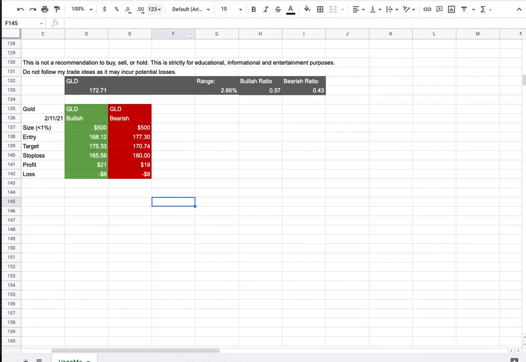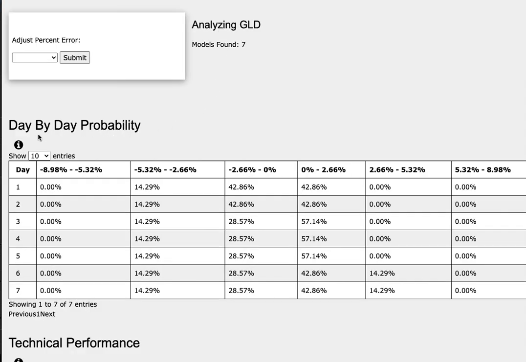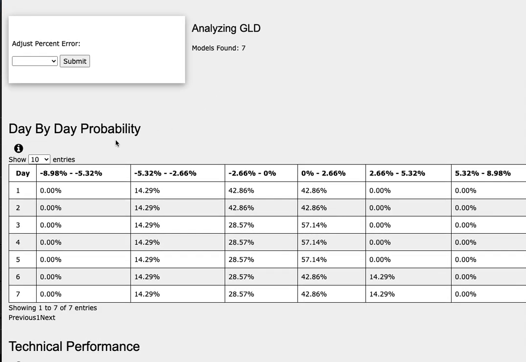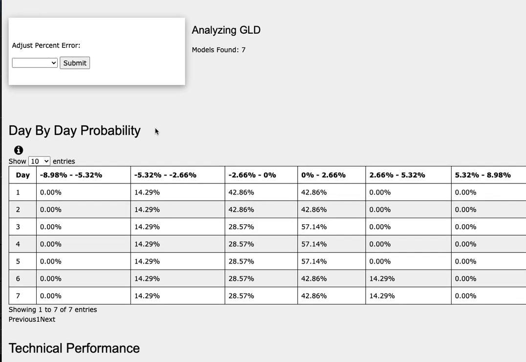So how did I develop these trade ideas? It all comes from the day-by-day probability model, which is available in the link below, so do check it out. As we progress to the 5th day or week of trading, we have a 57% chance for gold futures to climb between 0 to 2.7%, and to the downside a 29% chance for it to fall between 0 to negative 2.7%. For the extreme case to the downside, a 14% chance to fall between negative 2.7 to negative